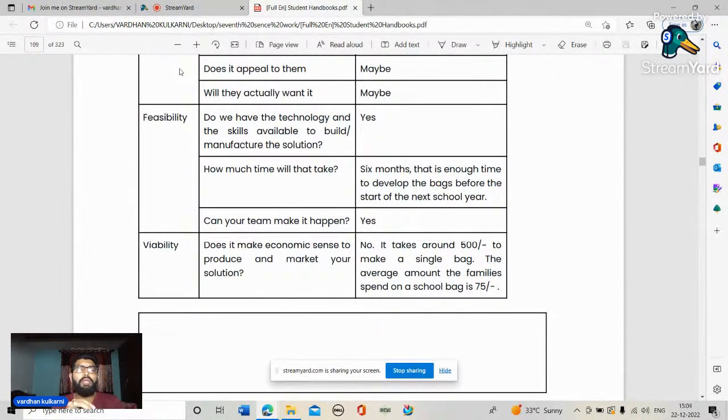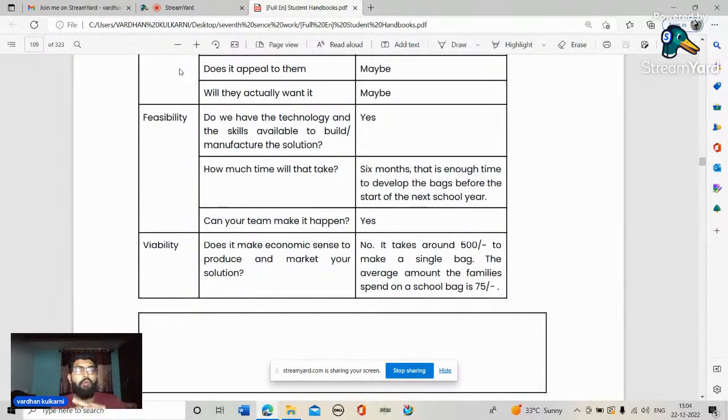And can your team make it happen? If there are plenty of employees, yes, we can do it. Then viability: does this make economic sense to produce and market your solution? If the schools start producing these kinds of bags, then in this market every student going to school can carry these bags with their foldable cardboard table, which can be helpful for both the students and the school. So in the market sense, the economic sense,